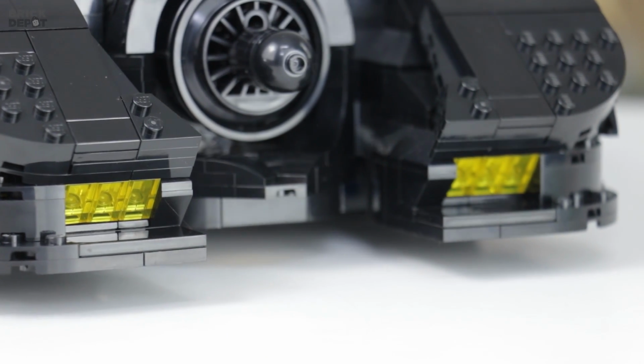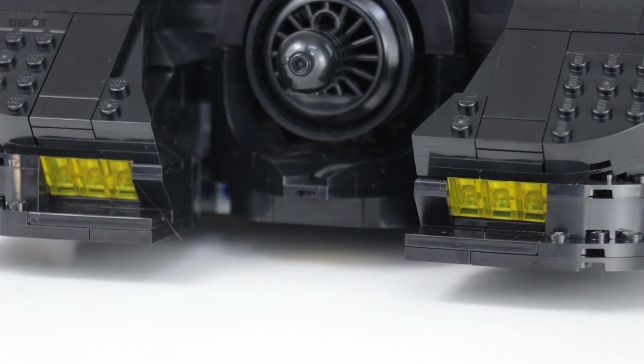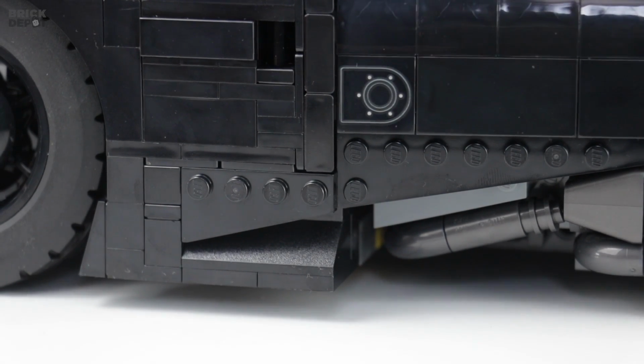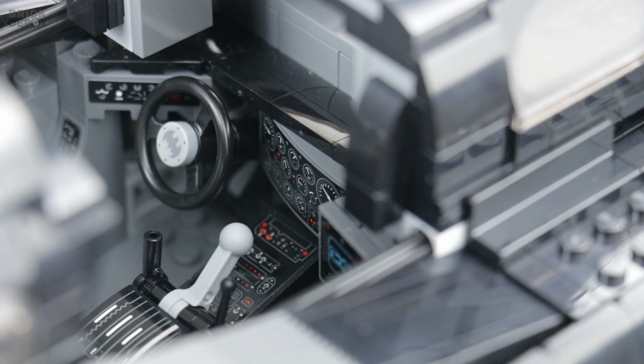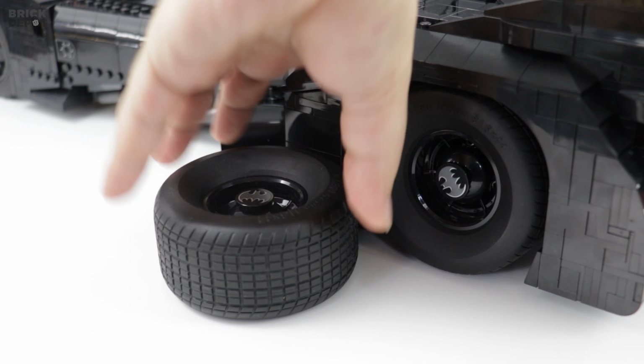The headlights use trans yellow bricks with white stickers applied to the back of them to make them pop out more. I like that. Prints can be found here on both sides, on the wheel hubs as well. One last print on the steering wheel, which you've seen already, and the rest is all stickers. Apparently this is built to scale with the tumbler from 2014, which I don't have, unfortunately, to show you a